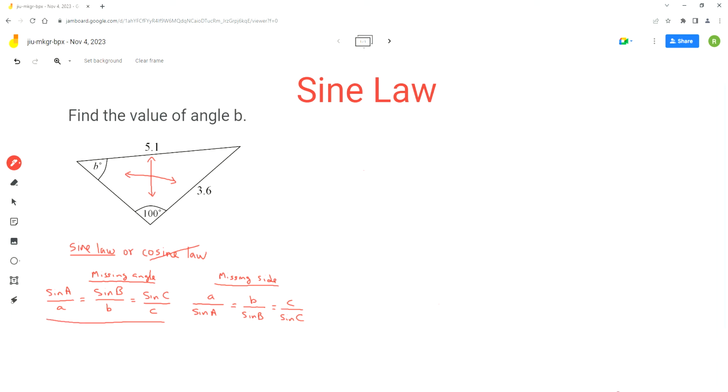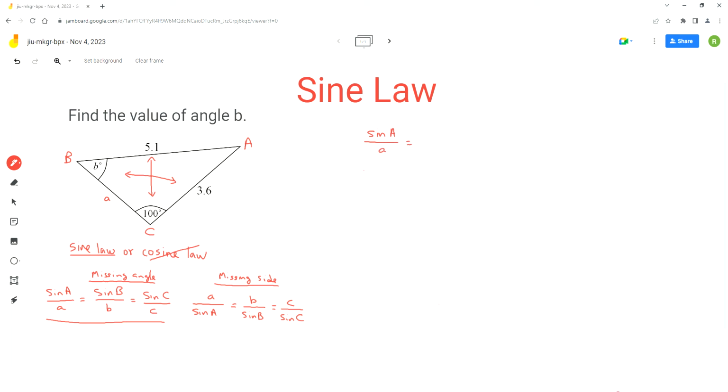Now the first step here is to sub in all the values in this sine law equation. We can also label our corners, that will make it easy to analyze the problem. So we can label the corners as A, B and C. I use B for that corner because that angle is labeled as B. Angle A is unknown, so we'll keep it as it is. So sine of A, we don't know the measure of angle A. We do not know the length of side A, which is this side because it's opposite to angle A,